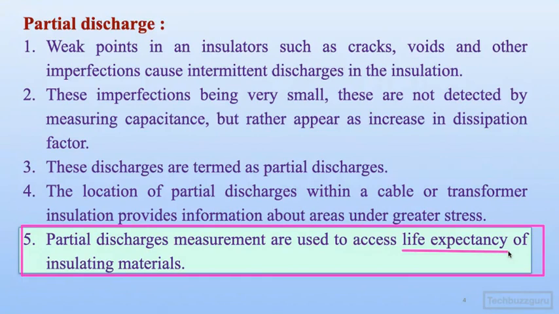If the partial discharges go on increasing, the dissipation factor goes on increasing, so greater is the electric stress on parts of that insulator, and that part is prone to failure earlier than the healthy portion of the insulator. So ultimately, even if the insulator is partially damaged or partially failed, naturally the life expectancy will get reduced. So partial discharges are a kind of futuristic projection into the life of an insulating material, and hence these are very important.